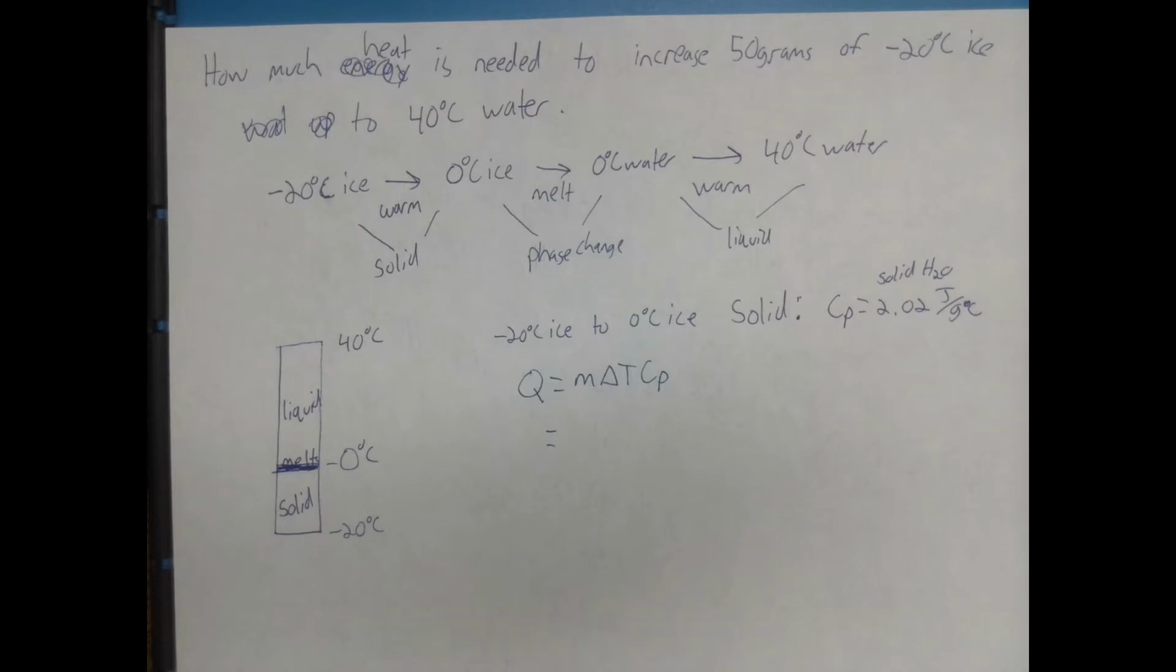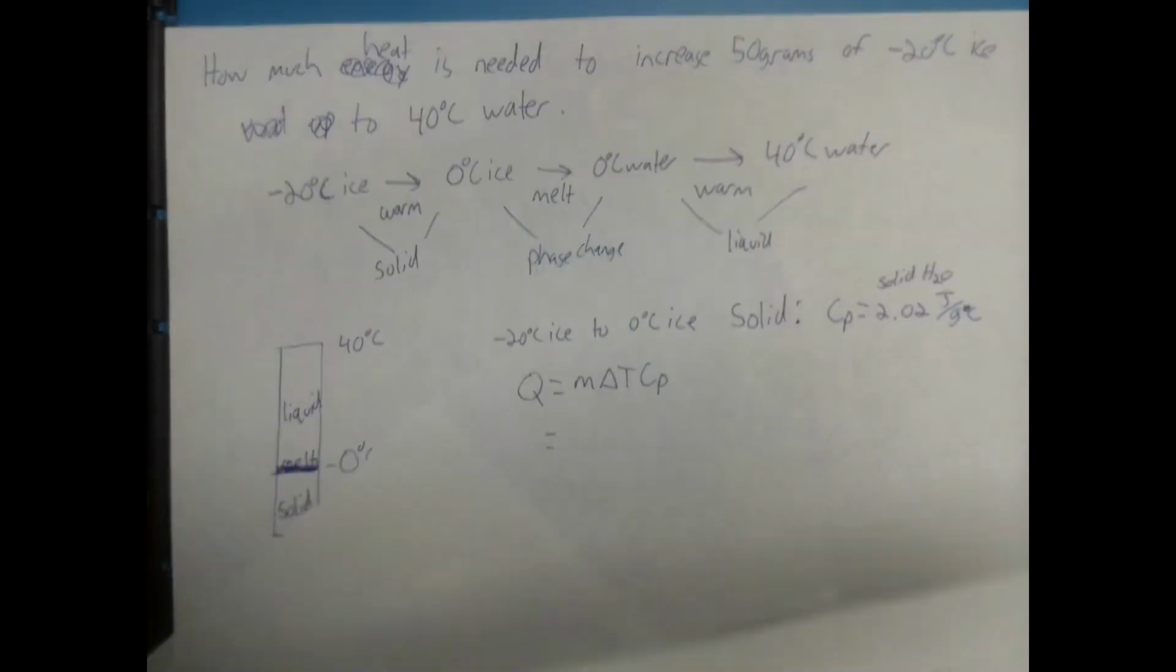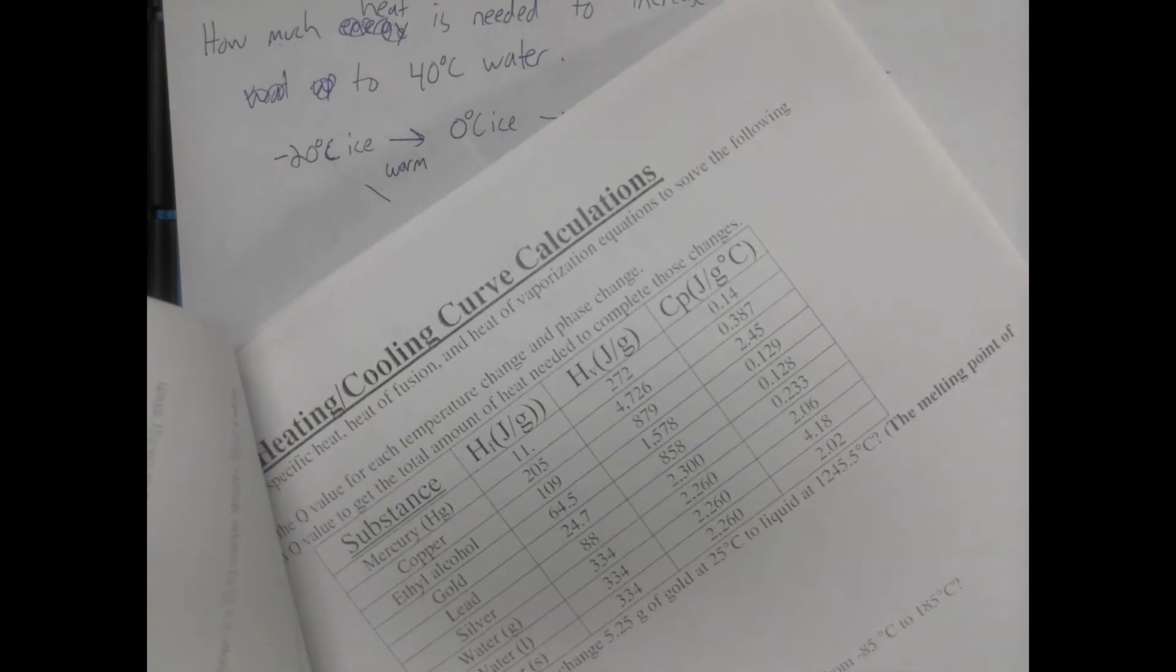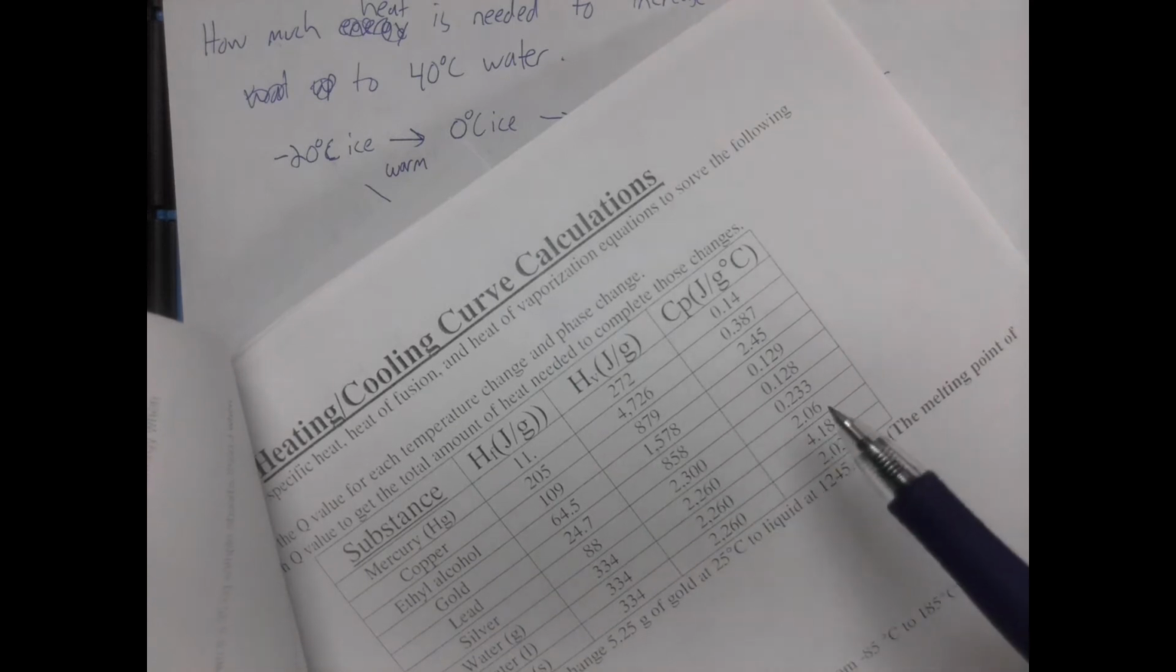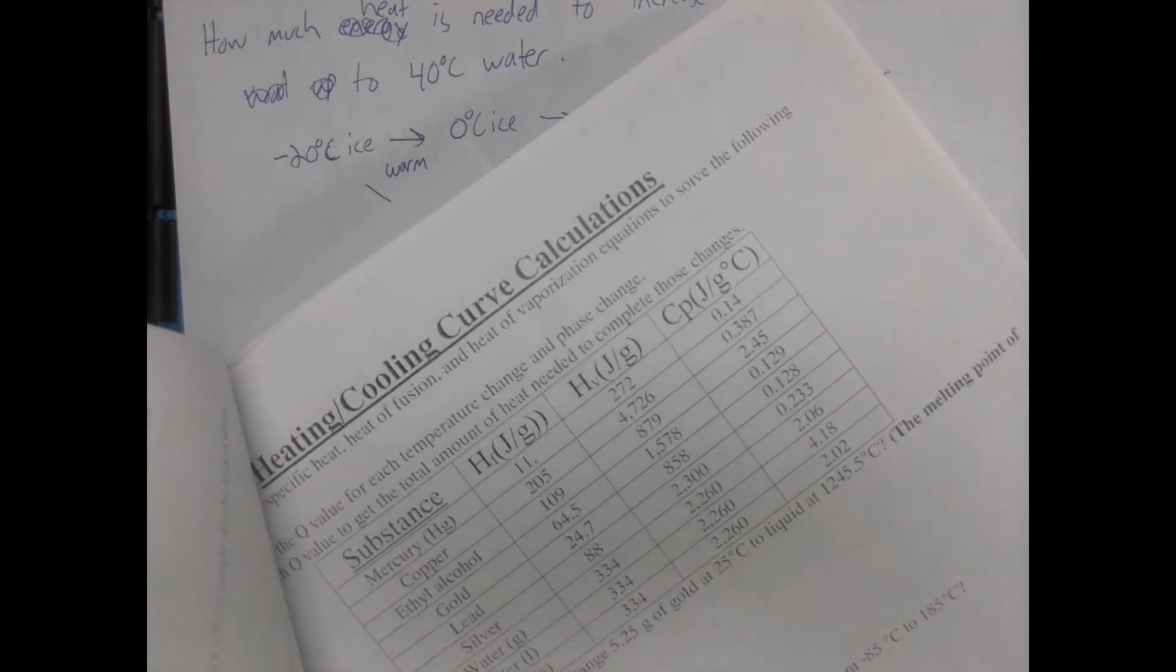I've said multiple times these numbers fluctuate so much that I will always give you the formula sheet. I'll always give you a table. For example, here's one table to tell you the HF, the HV values, and Cp values for different things. Every single time it's going to change